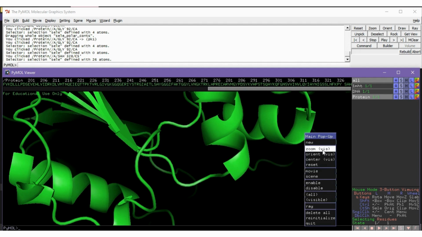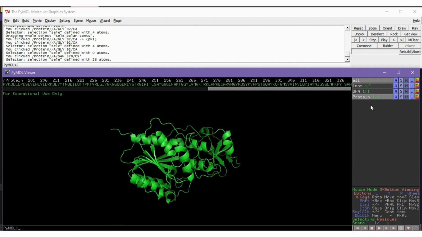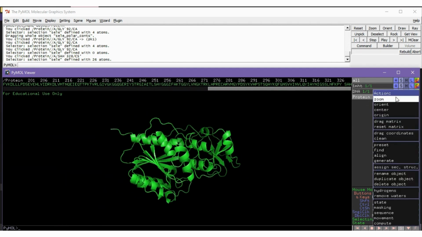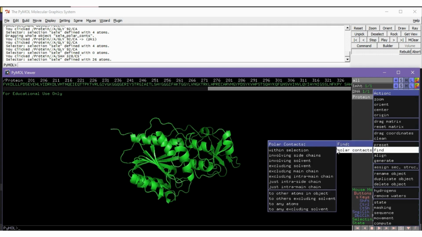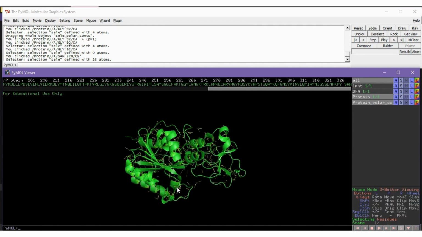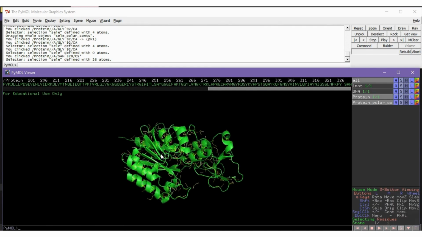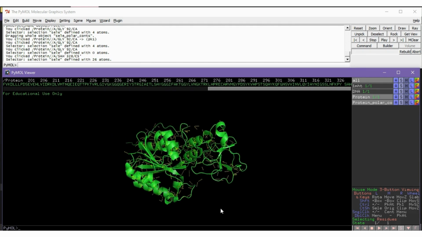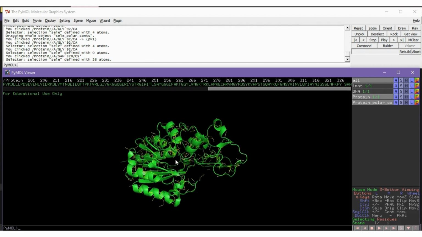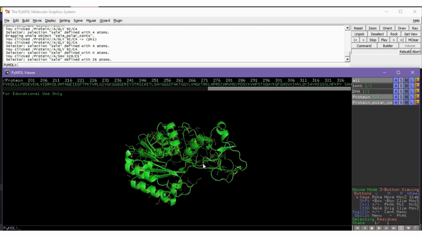Okay, so go to the protein, we say action, we go to find polar contacts, and then within selection. All of these yellow dashed lines show us the hydrogen bonds between the main backbone as well as side chains. It is the same as the technical preset, but now the structure representation remains as we have chosen it, and the color also remains the same.